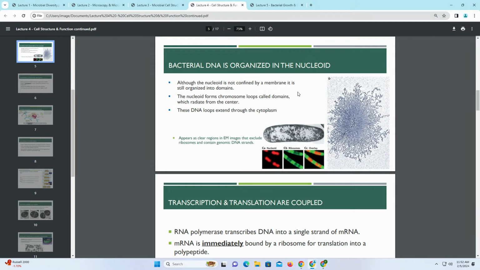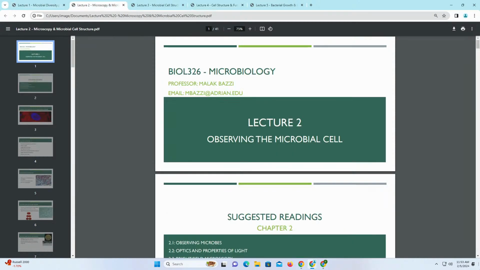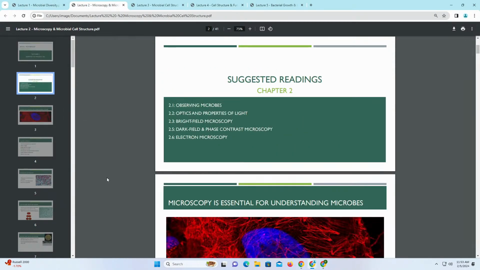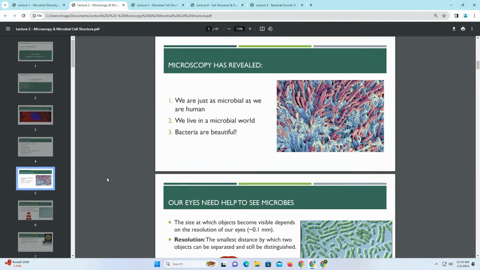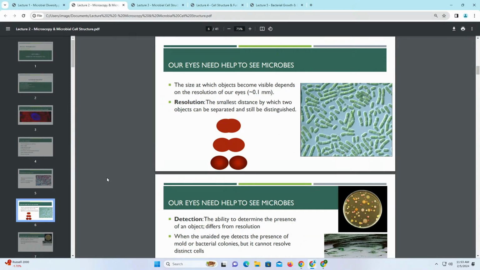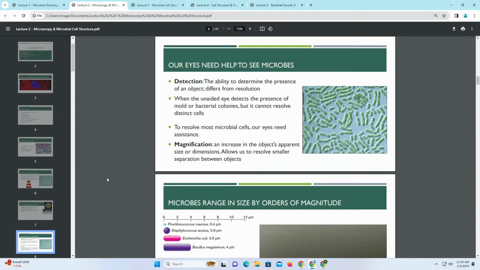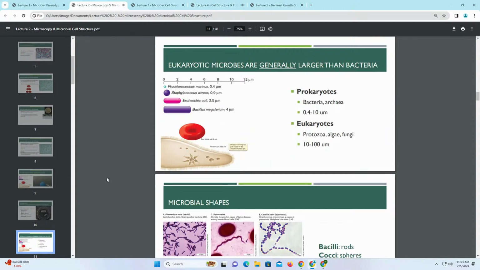How much of the limits of detection do we need to know, like how in depth? Yeah, the numbers. The ones I keep repeating are the limit of detection of the human eye, the resolution of our eyes, you should know that. And then the limit of detection for a light microscope, which was 200 nanometers. It's also important to know the sizes that prokaryotes and eukaryotes range from.